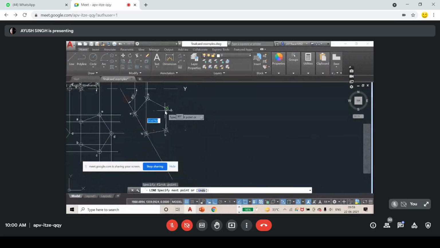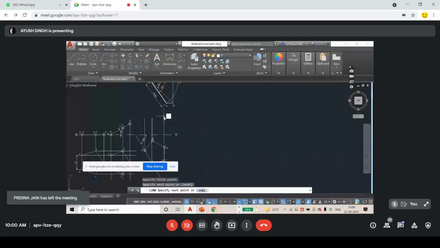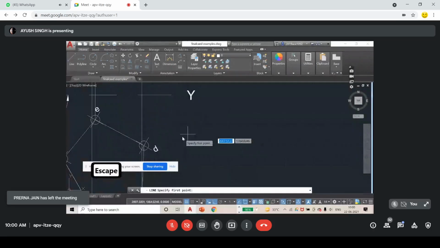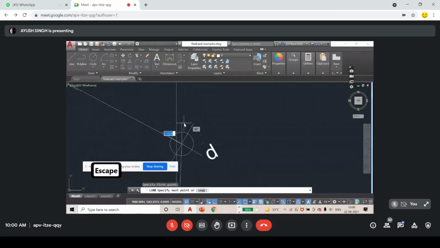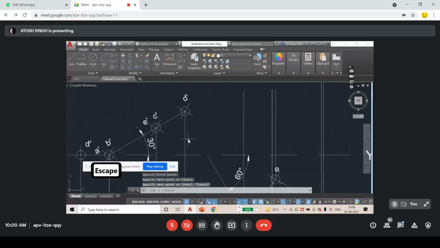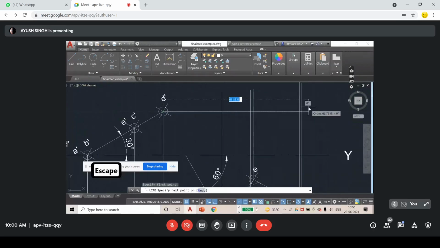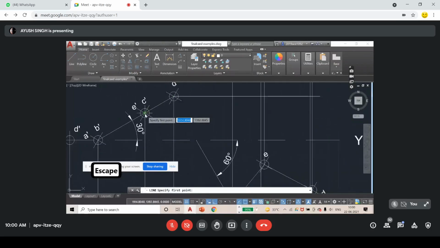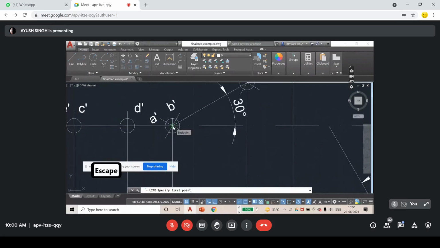Take the projections, from here as well. Similar steps like we did for the corresponding top view, we are now doing for the corresponding front view. Whenever I go here, it will show me a rectangle, so make sure it is a rectangle.